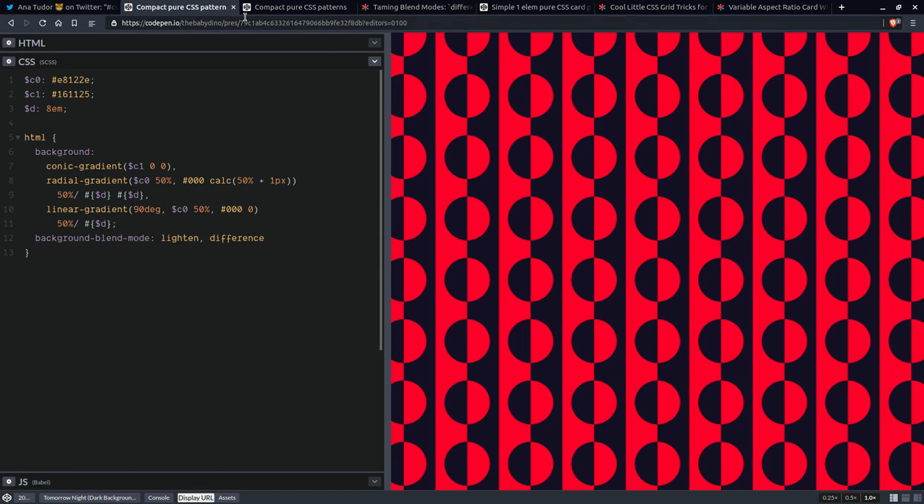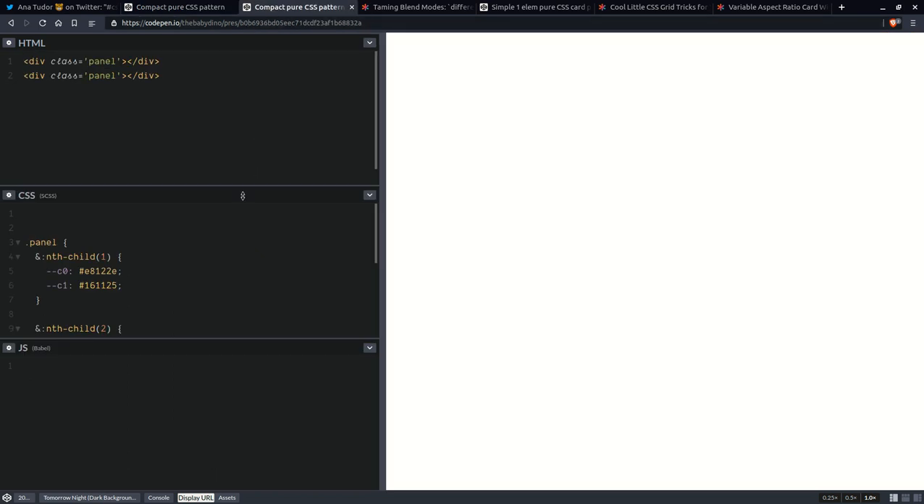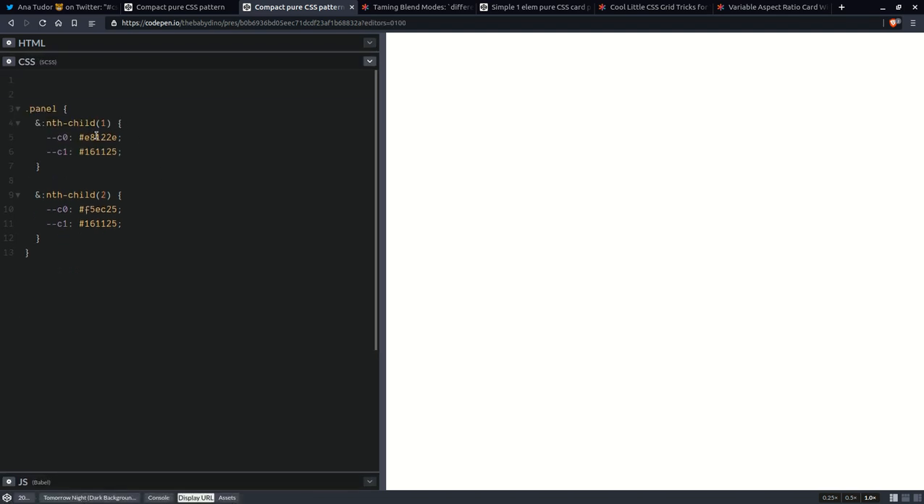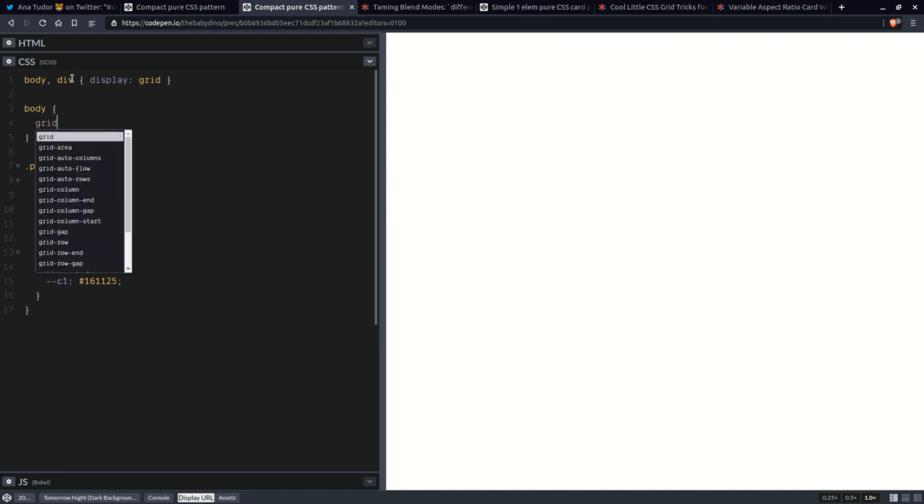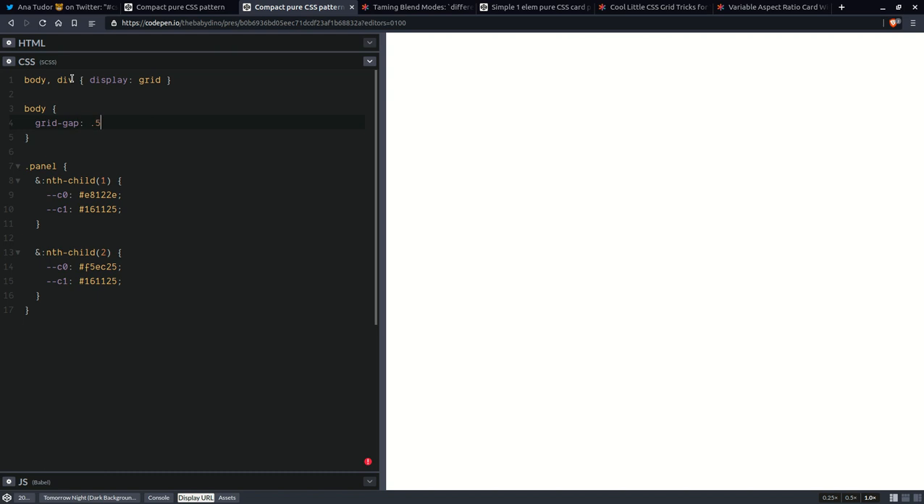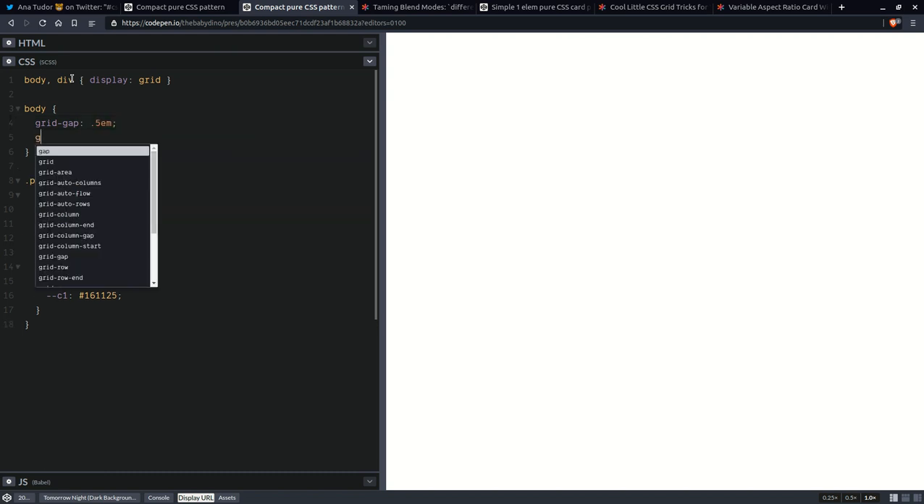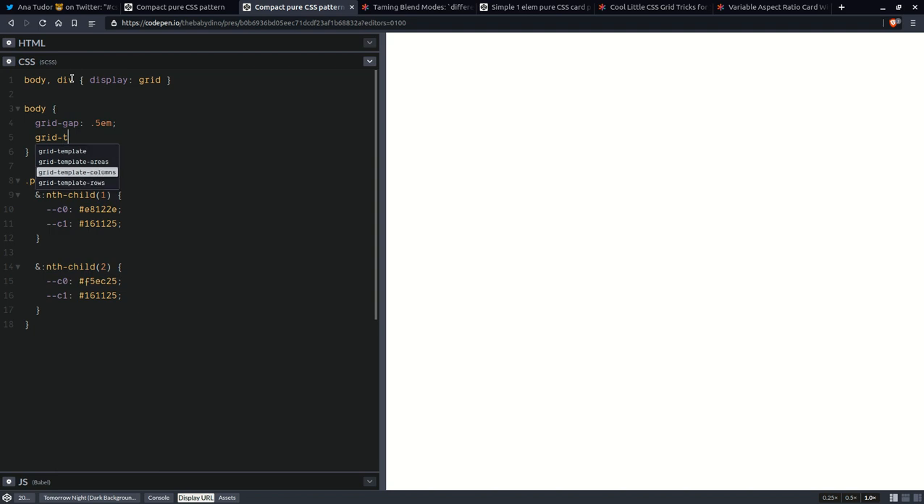Now bonus, we're going to create another similar pattern as well. So let's we have those 2 panels, we have the color schemes right here. If you've seen my previous videos, then you know I like to do something like this for the layout, just to simplify things. So body, all div elements, display grid, and here we're also going to set on the body, we're going to set a grid gap, something like that,